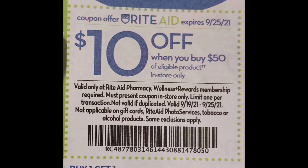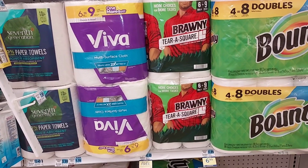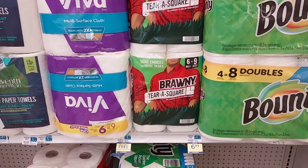Okay, so now we're going to go ahead and do a second transaction and use the same coupon. If your cashier takes your coupon, just simply get another coupon off of the website or off of the app and continue shopping. Okay, guys, so the first item that we're going to get for our second transaction is